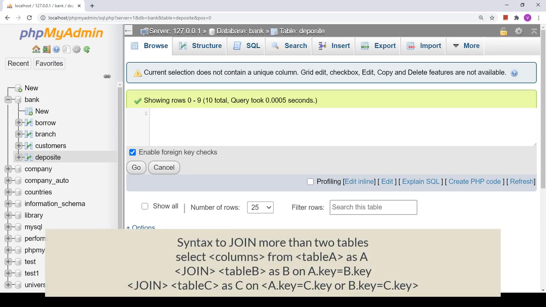Fine, so let us see how we can join these three tables. To join three tables, first I'm going to write select star from deposit D inner join